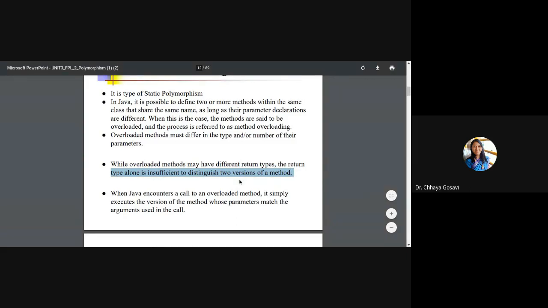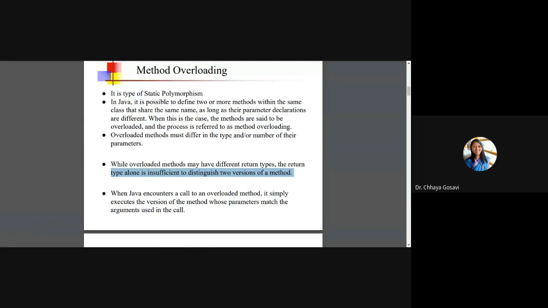There can be many ways to perform the same action. For example, in the banking class, we have seen the deposit function. You can deposit money in cash or by check or bank transfer. So there are different ways to deposit money in your account, and all these three methods you should name with the same deposit method.